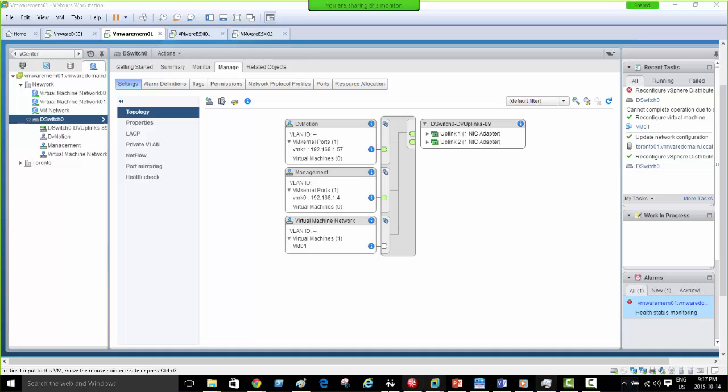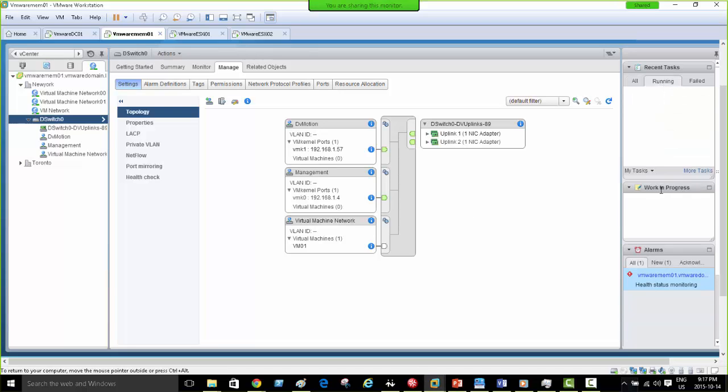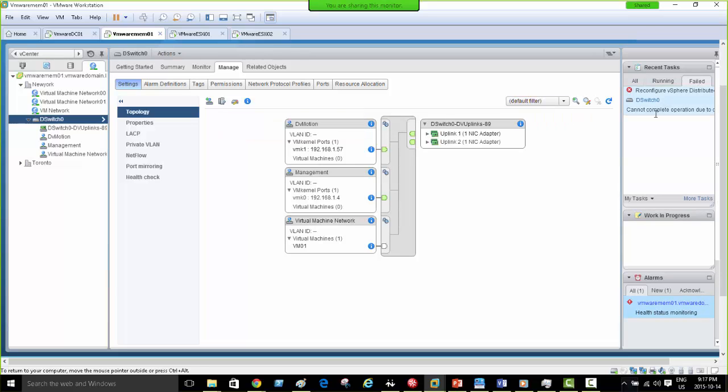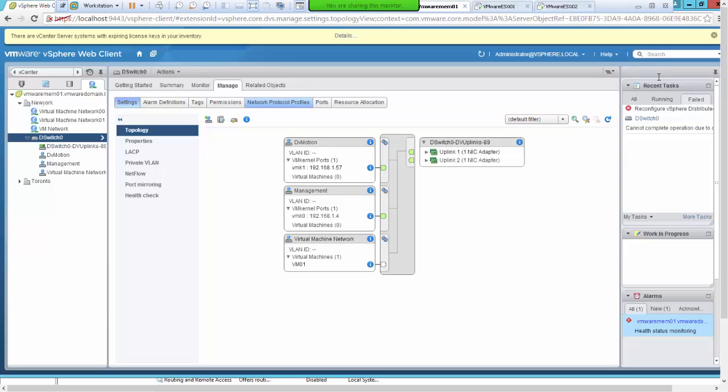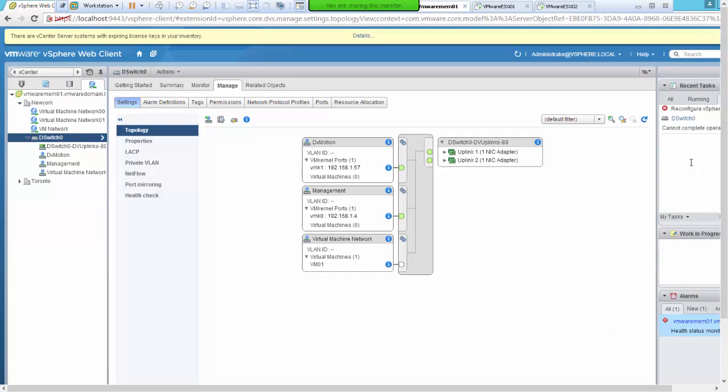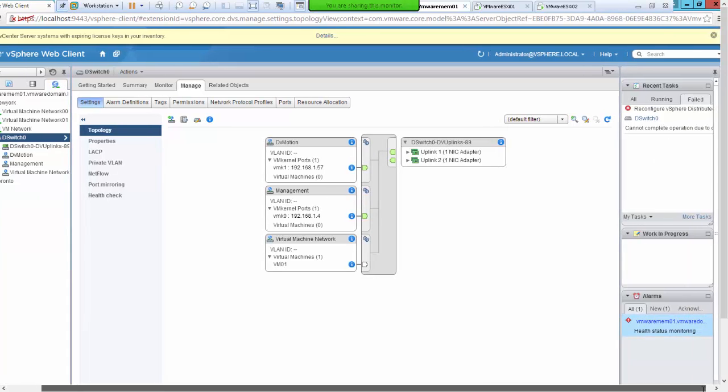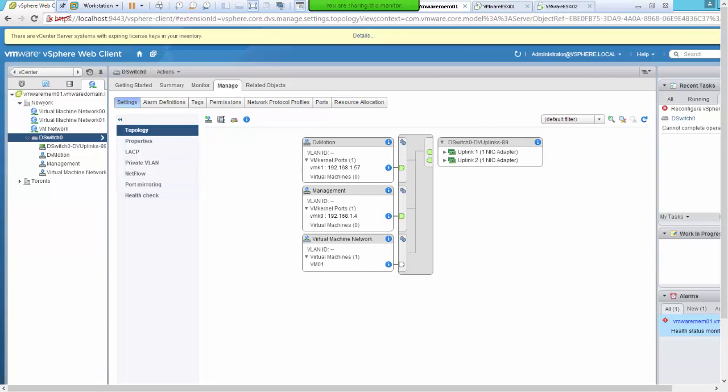Okay, back and running tasks. Let's check that. Work in progress is done, I think. So I can start with the second one. In fact, I should not have cancelled out from there. But anyway, I just have to click. That's all. Running failed. Cannot complete operation due to, let's check this, due to an operation going on. So there's no work in progress, so I'm just going to start